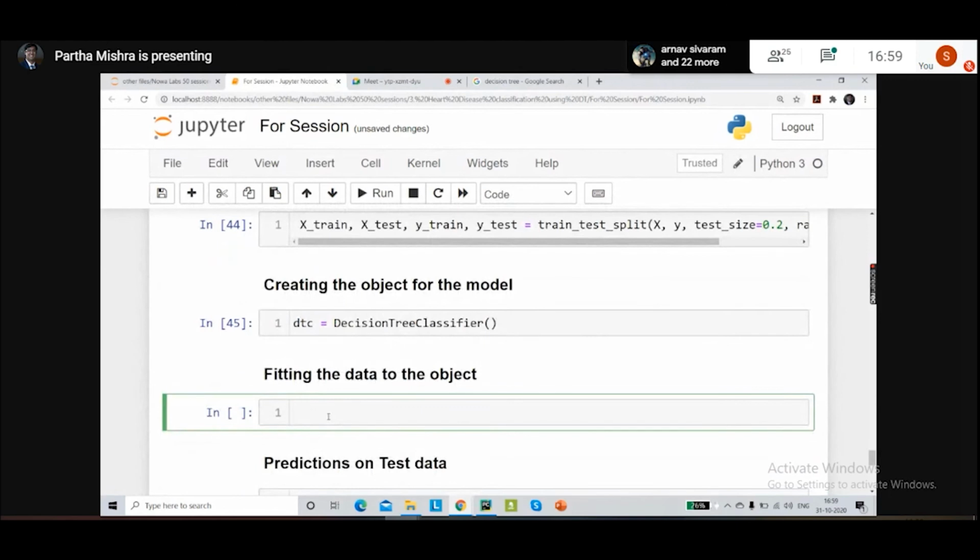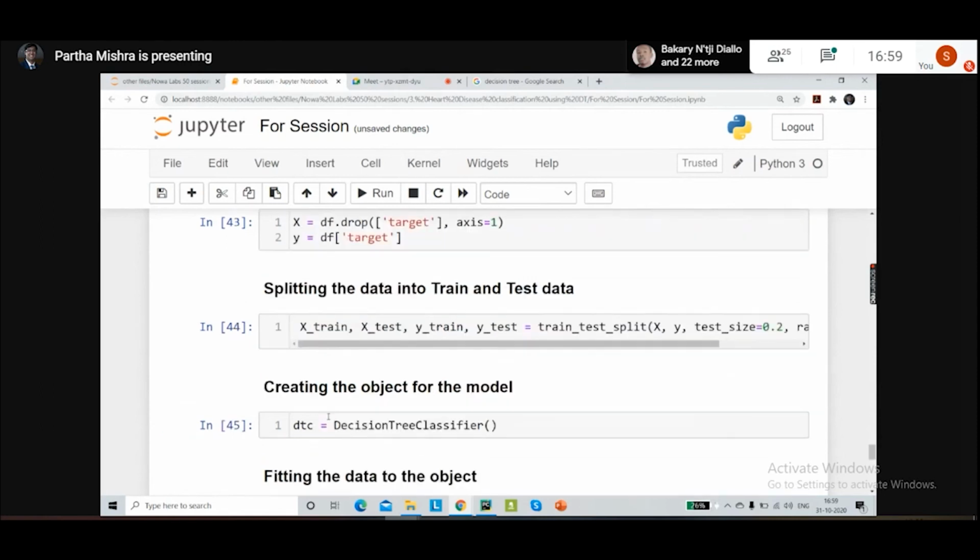Once this object is ready, all that is left to do is take our training data and fit it into this particular model so that we get our equations. You can do that with the dtc.fit method. And inside the fit method, you're going to pass in the train information, so X train and the Y train data.